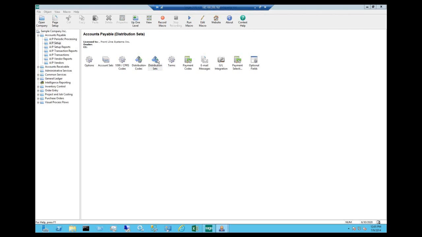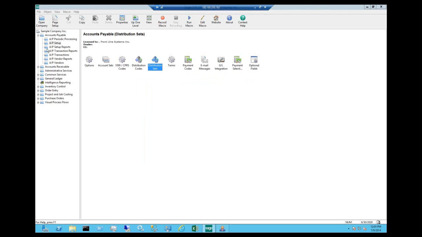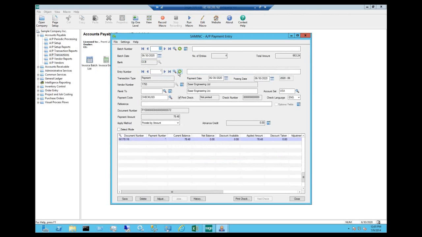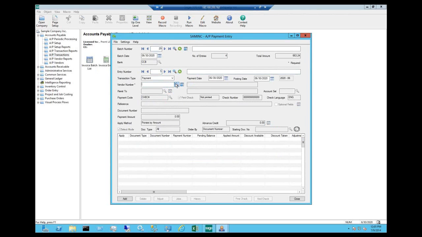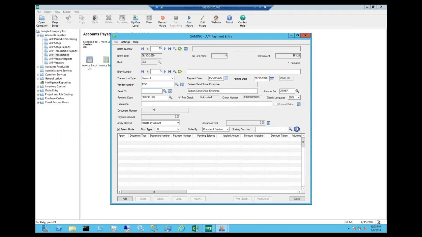A distribution set then is a group of those. So if I do book, I can now bring these 3 distribution codes onto my invoice or my miscellaneous check in real time. So let's go take a look at that, and that will wrap up and we'll go to Q&A. So if I go back to AP transactions, I go to AP batch listing, I open up this batch that I'm working on, and I create a new number 5 transaction, and I grab, we're going to put this to a vendor,